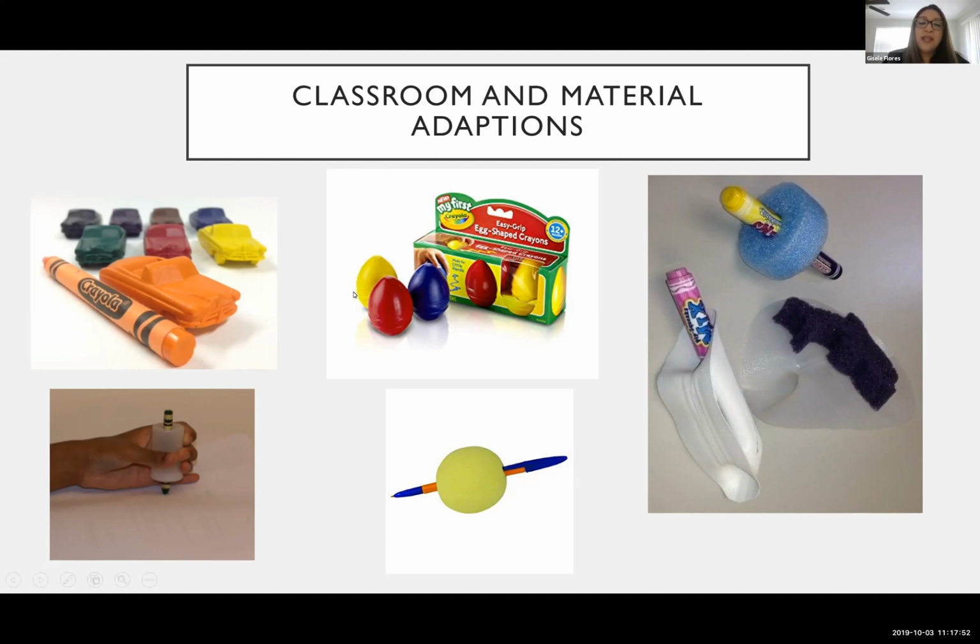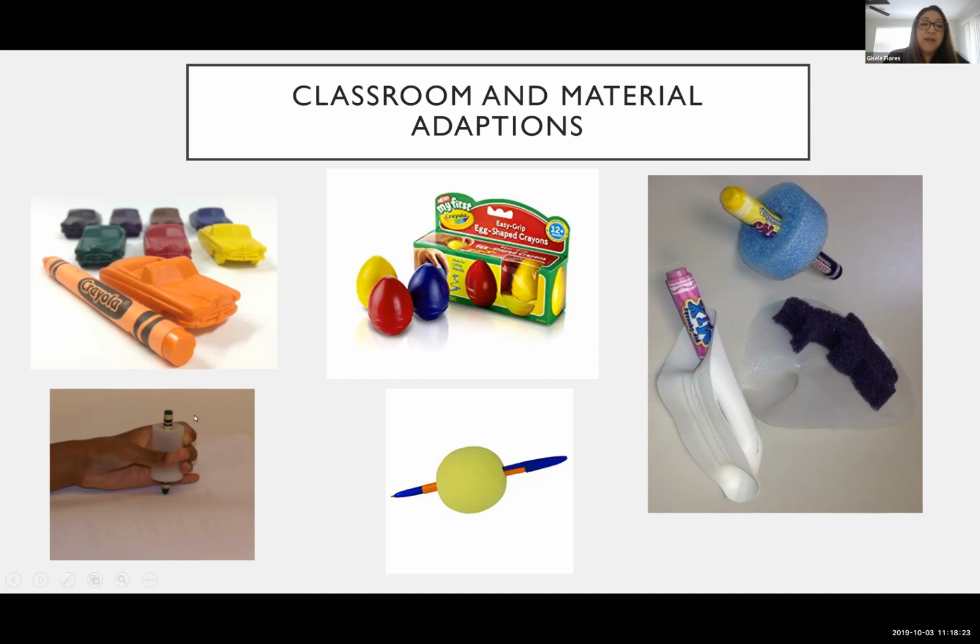These are pre-made adaptations. So what happens with the egg is it widens the base. So children that don't have that strong fine motor skill can still participate and hold the crayon like this instead of like this. Okay. This is another adaptation for writing. Anytime you make the base where the child is holding on wider, you're adapting it in order for that child not to have to move their hand in such a fine position.